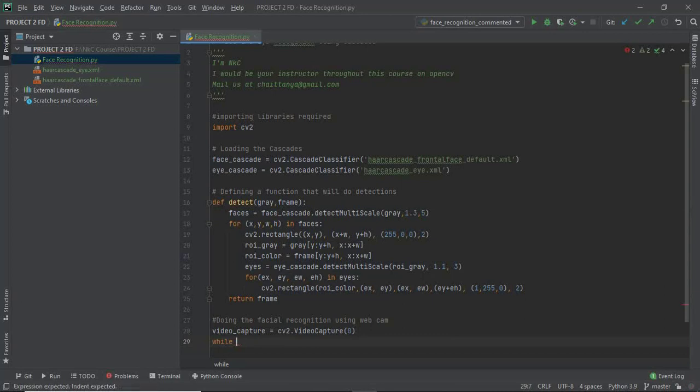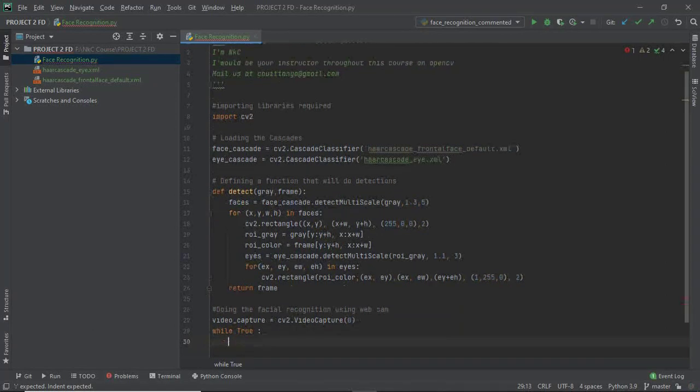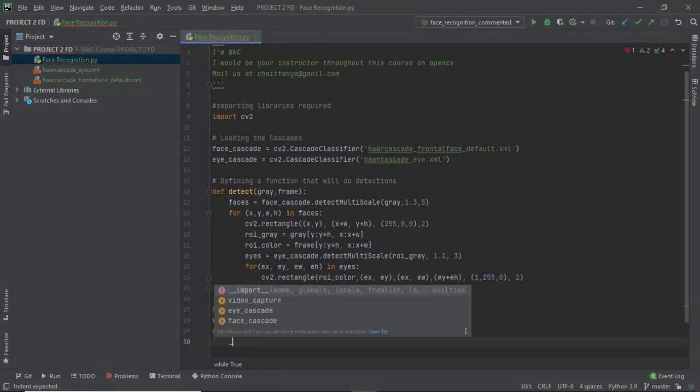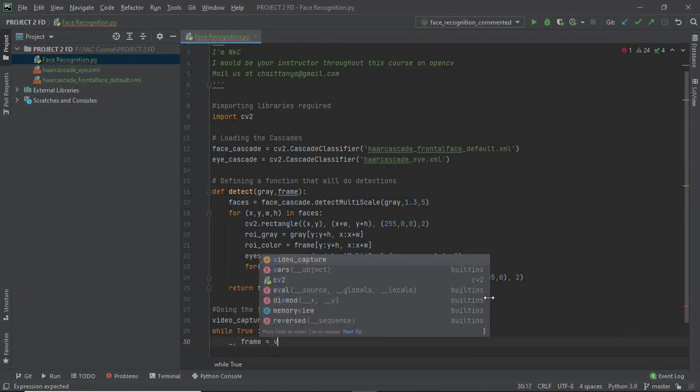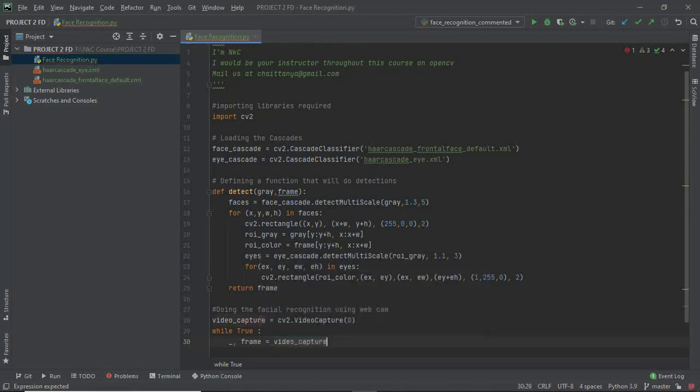While True, we are asking to repeat infinitely until the break. And this is how we get the last frame.